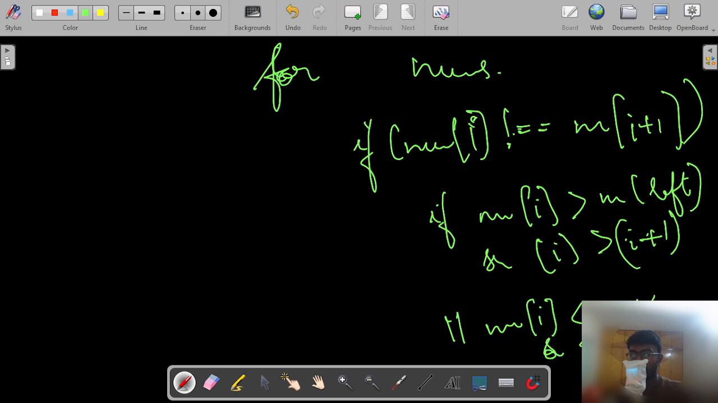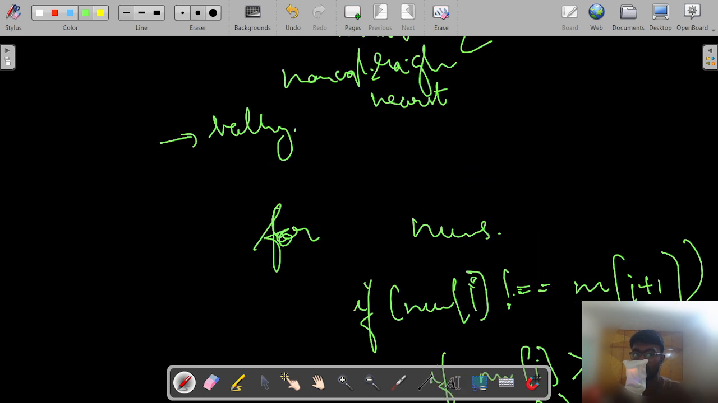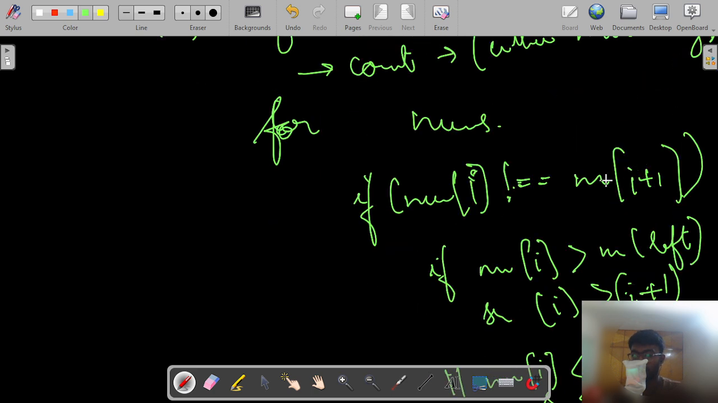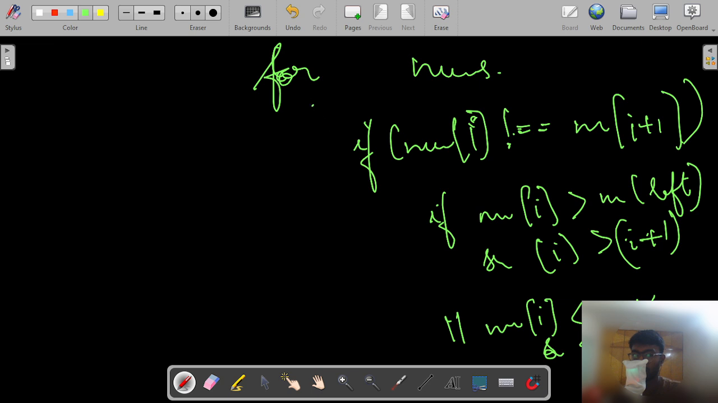then it's a valley. We can just keep a count pointer, just saying either a hill or a valley, as a return value, right? So, and we also would be needing a left pointer, a left variable, which would